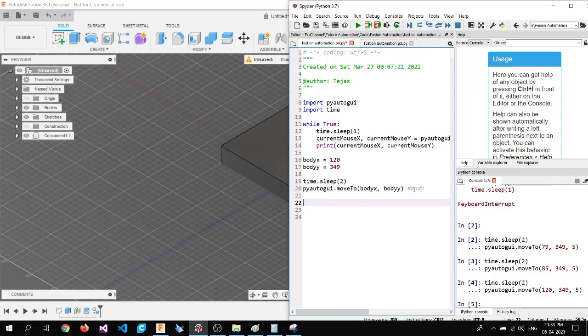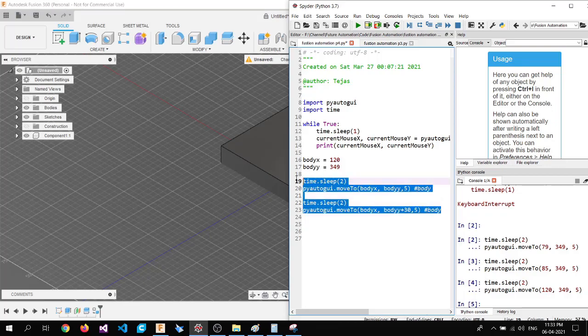That is the difference between two menus and the total size of a single menu. So what we are going to do here is copy it again as usual, Control V, Control C, and then we are going to add 30 pixels in body Y. X will be fixed, Y will change, so 30 pixels in Y. And I think we should keep this because we need to see how it is working out.